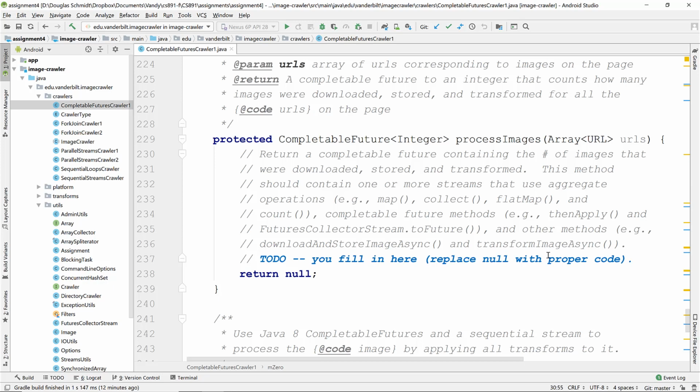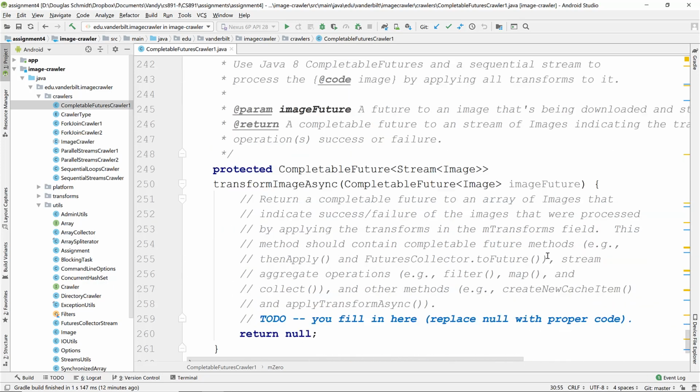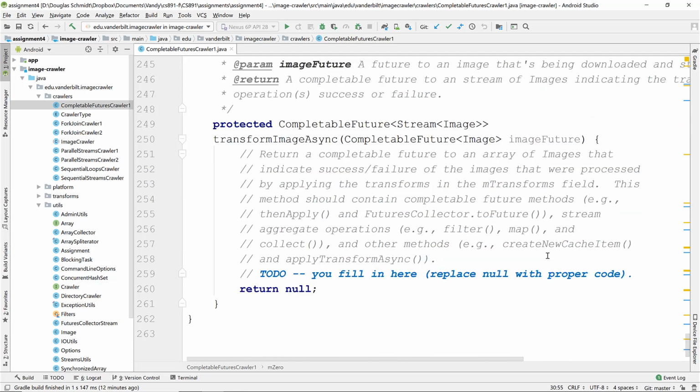So this is a little bit of a tricky method, so you have to think about how you're going to do that. And then down here we have another method. This is the final method in this file, which is the transformImageAsync method. And it's passed in a completable future to an image. And when that image future is triggered, in other words, when we're done with downloading the image,